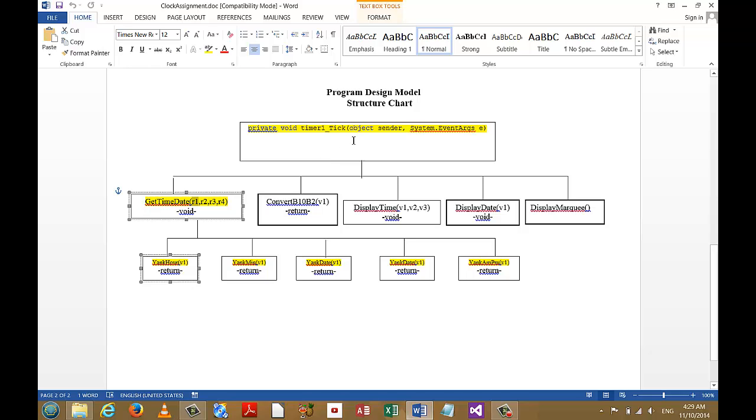Okay, so I'm going to basically ignore this part of it for a moment. Let me go there. So once these reference parameters have been assigned a value, they are the same memory location as previously declared local variables in the timer tick event. So by the time this method makes its last method call to yank AM PM and control passes back to get time date, control will then pass to the timer tick event again, and all those local variables, the ones